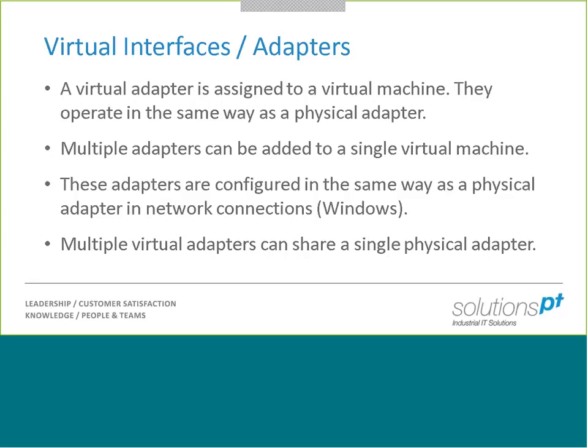Now the point at the bottom is probably quite important to remember. Multiple virtual adapters can share a single physical adapter. So this is a big advantage to virtualization. Imagine we want to virtualize an old server. Let's say we have an old physical server that's only got one NIC in there. We could in theory have 3, 4, 5, however many virtual machines we want on there, all sharing that same physical connection to the rest of the physical network. So we don't have to have a one-to-one relationship of virtual NICs to physical NICs. We've got multiple options when it comes to actually configuring the physical integration.